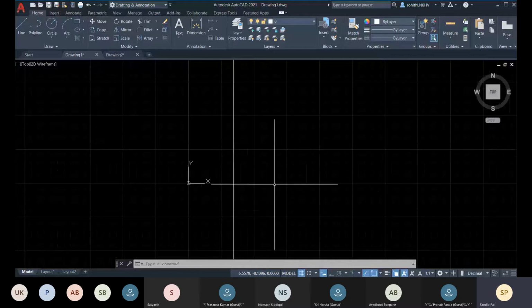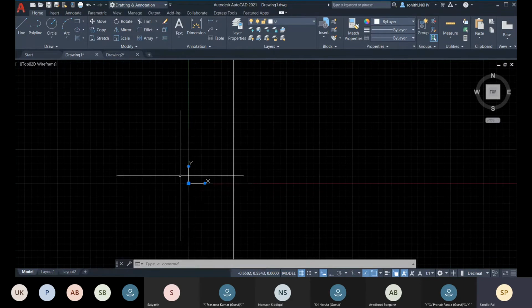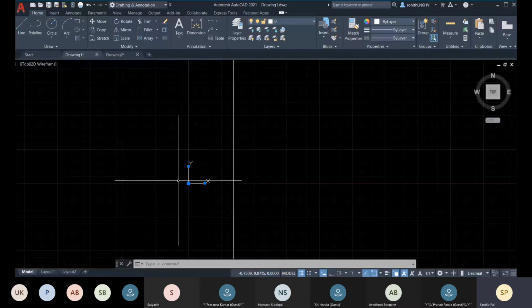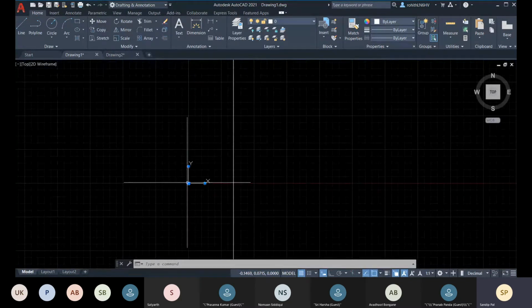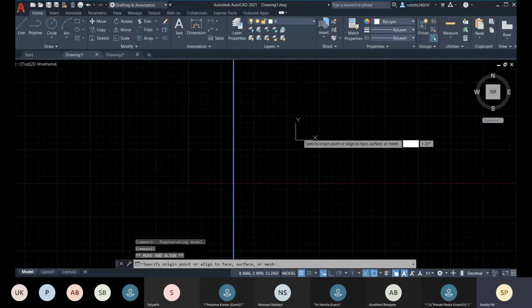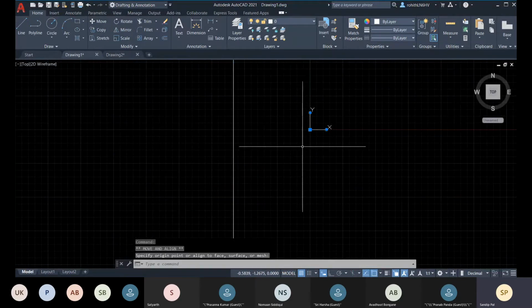and it is aligned with WCS. Okay, so if you change the origin of your UCS, I have right now selected the UCS icon, and you can just move the origin only, you can move and align, or else you can just click, hold your click and place it right there.